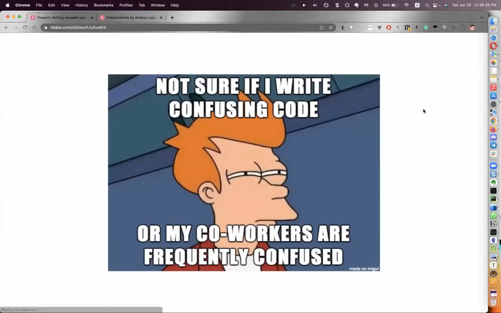Another important distinction is whether you are working alone or with a team. If you're working alone, you can do anything. You could write the code however well or badly as you wish. The main thing is that it works for you. You can use it, you can reuse it, and so on. But if you work in a team, you have to compromise and make the code understandable.